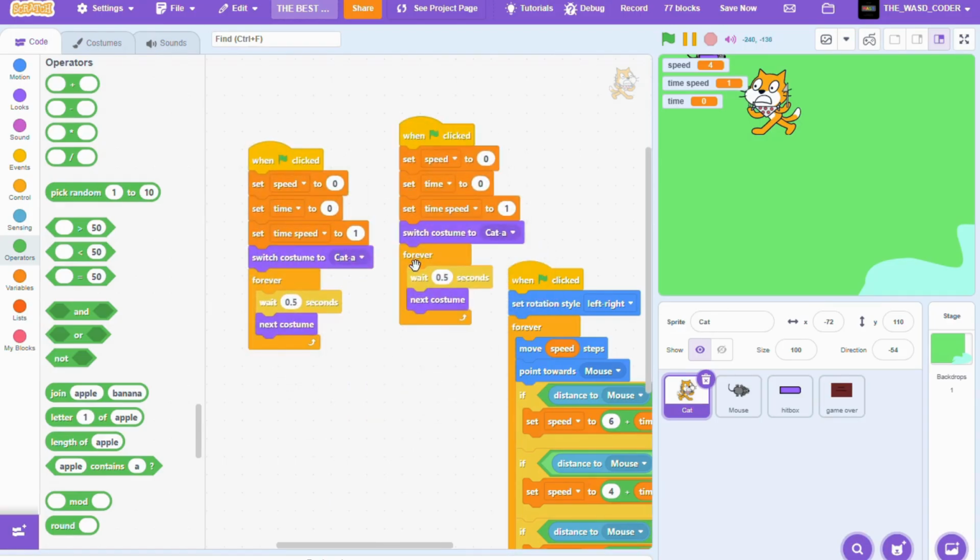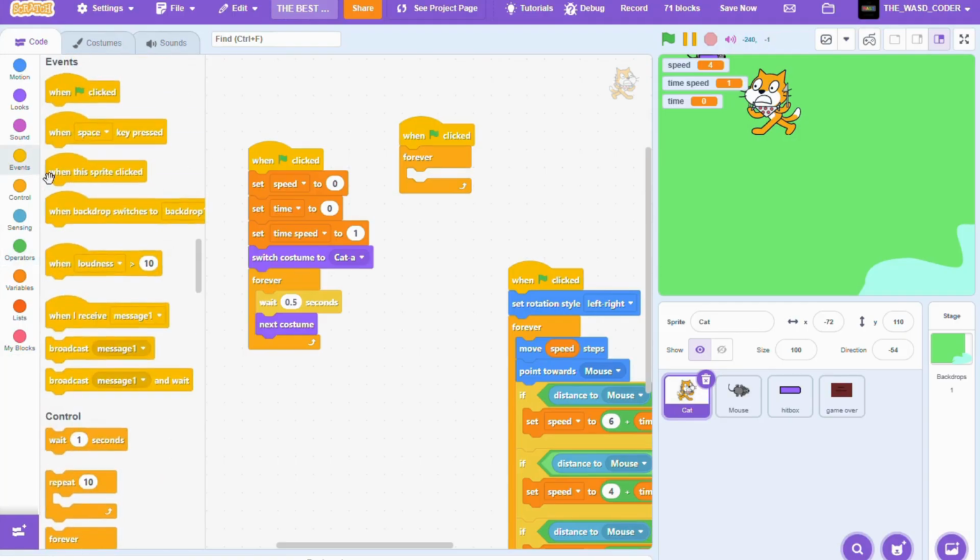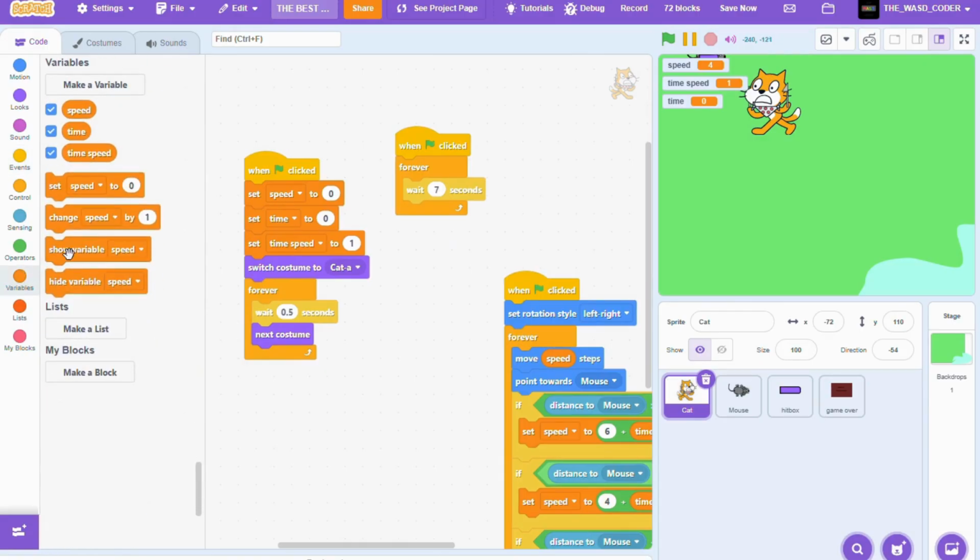And now you remove all of this, and then you also remove this, and oh, you could actually just leave the wait, but I'll just add it back. So get every 7 seconds we will do a change time speed by 0.3,